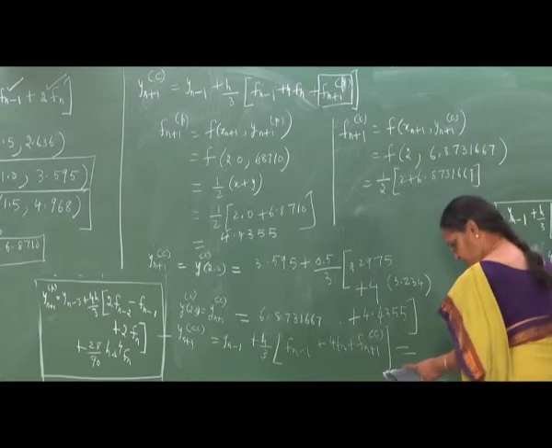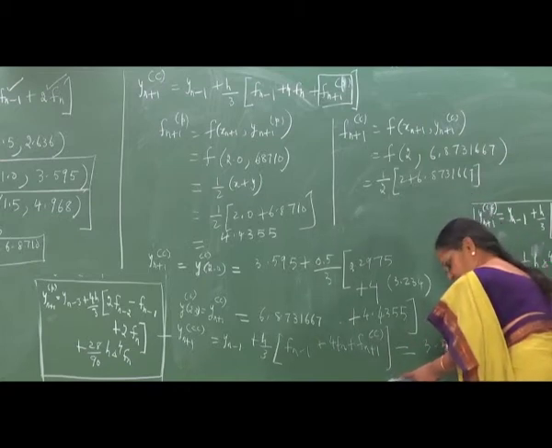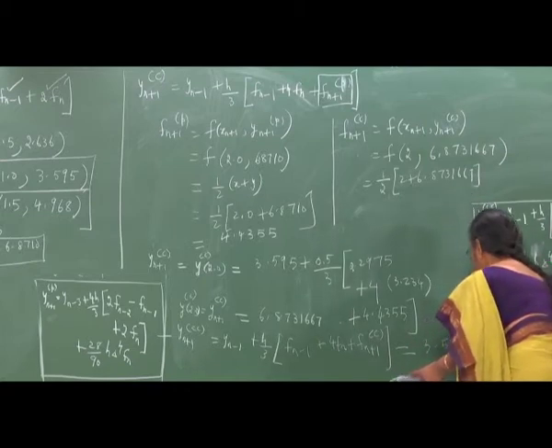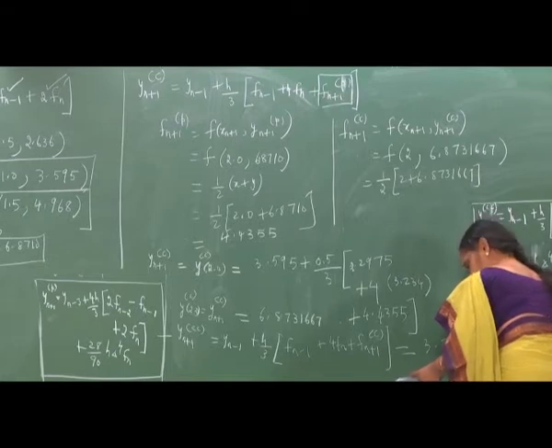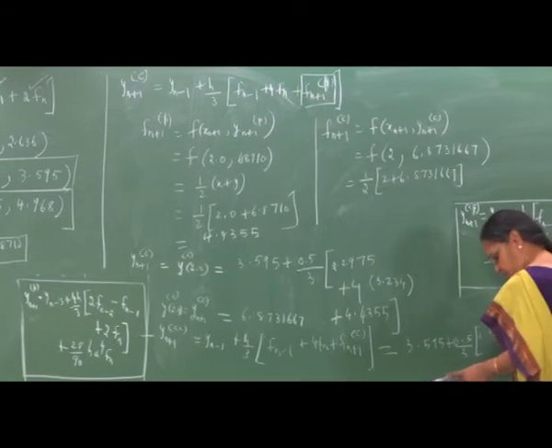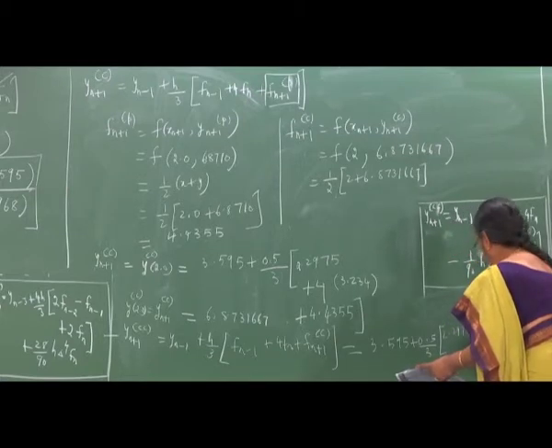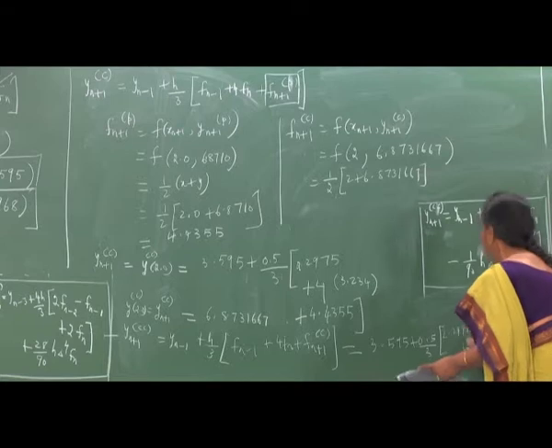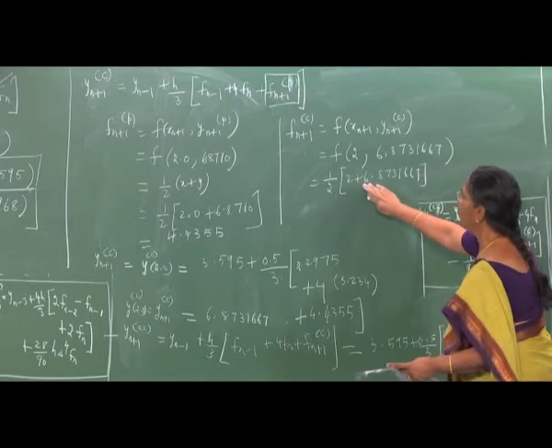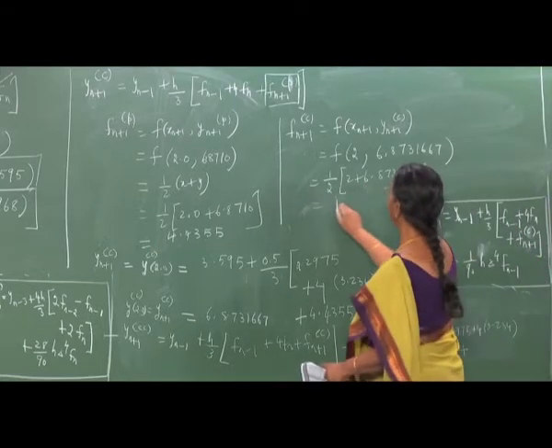So, that will give you 3.595 plus 0.5 by 3 into 2.2975 plus 4 into 3.234 plus the value which you have got here. What is it? It is 1 plus